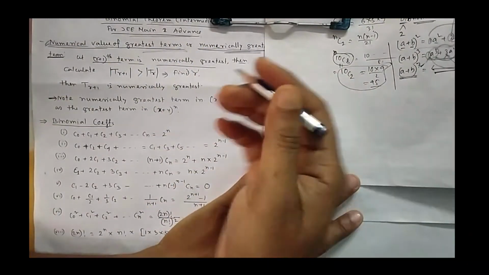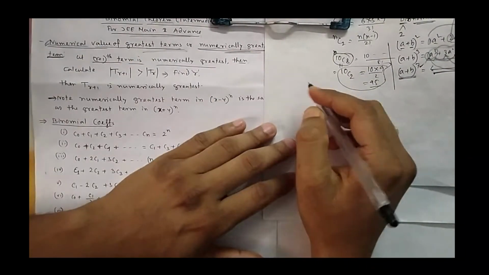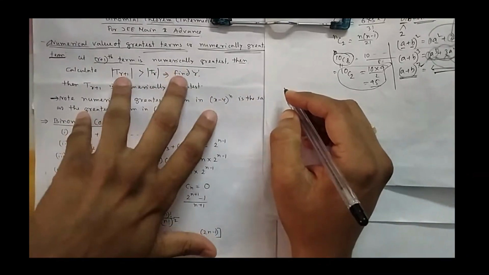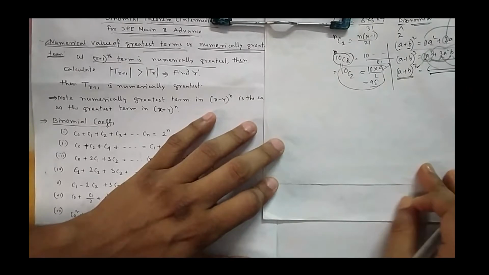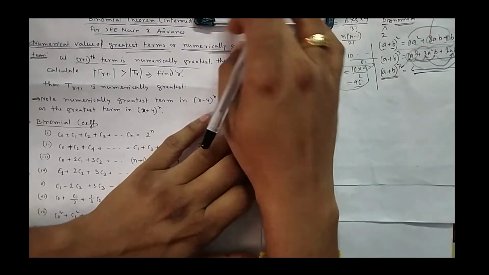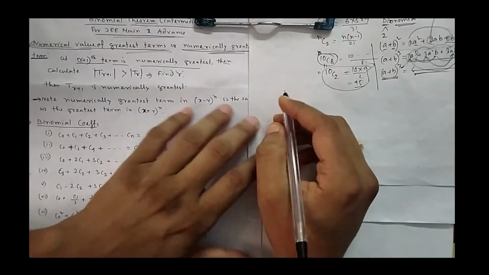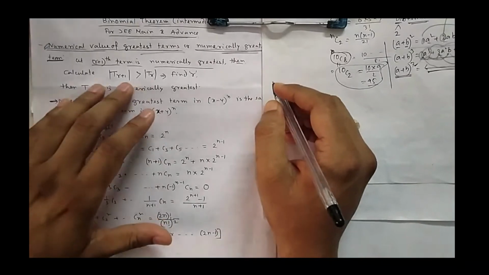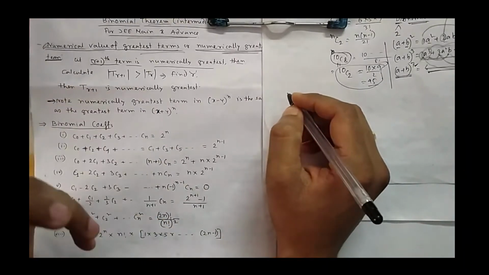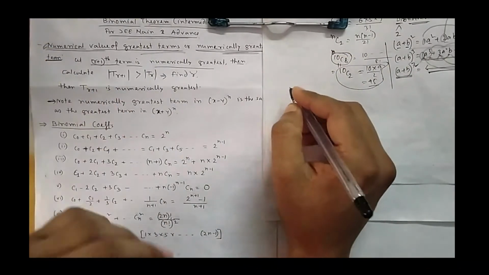There will be lots of formulas you will get in lots of books, but I will prefer the easiest way to calculate this, because I will be solving with this method only. Remembering lots of formulas will make chaos, because at the end of the course you will see in JEE Main and JEE Advanced there are lots of formulas. So the basic concept is required. If you know the concept, even if you forget the formula, you can directly do it in the exam. No need to remember unnecessary formulas; just remember the concepts, that will be good for you in the exam.